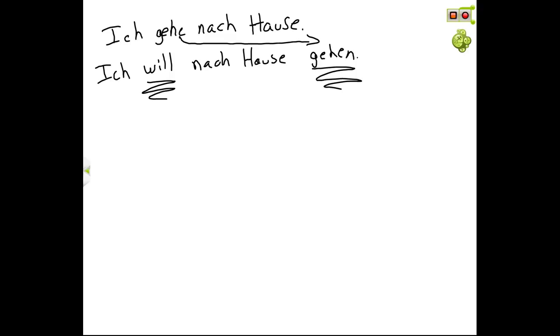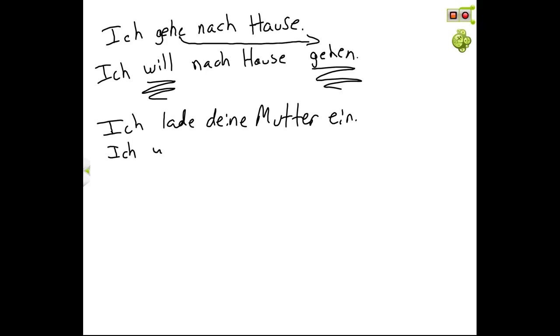This works out for separable prefix verbs as well, such as ich lade deine Mutter ein. I'm inviting your mother. Wink, wink, nudge, nudge. So if you take this and say, like, I want to invite your mother, you would say, ich will deine Mutter einladen. Einladen is the infinitive form. Ein and laden then end up back together,